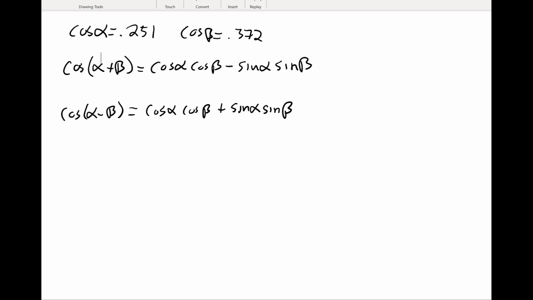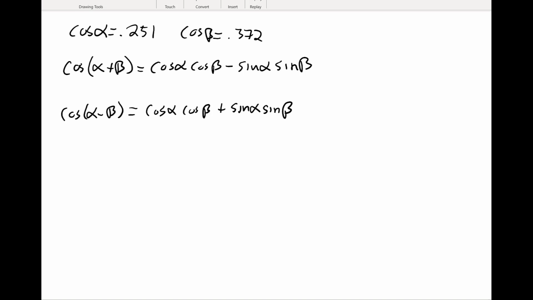So what are we missing? That's right, we're missing sine of alpha and sine of beta. When we see a problem set up like this, we could just do the triangle thing too. We're told these are first quadrant